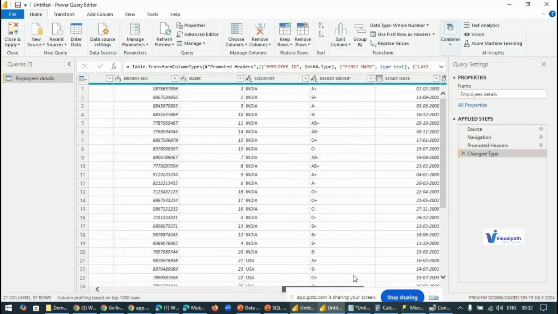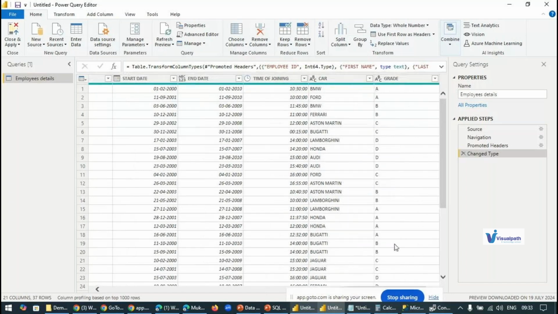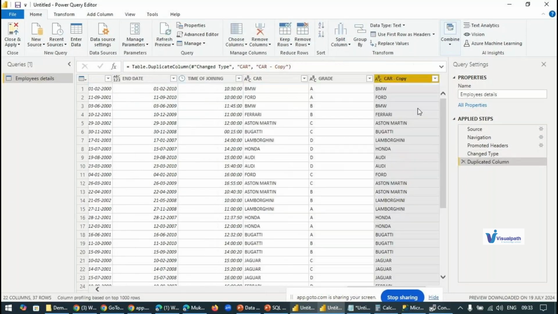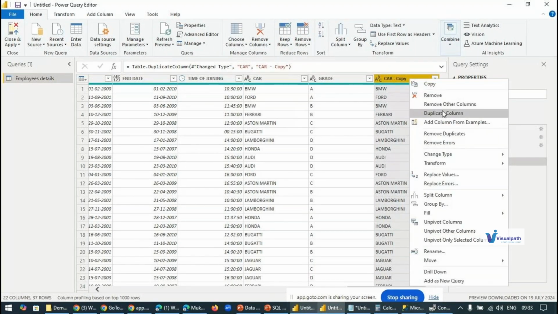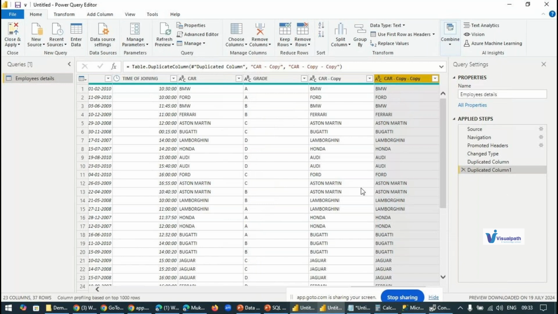Let us see one example. I am taking a car column. In Excel you need to write a formula, right? Here using Power Query, without any formula, just by clicking menus you can do that. Suppose I want to split the first two characters in the column: click on Split Column, number of characters.